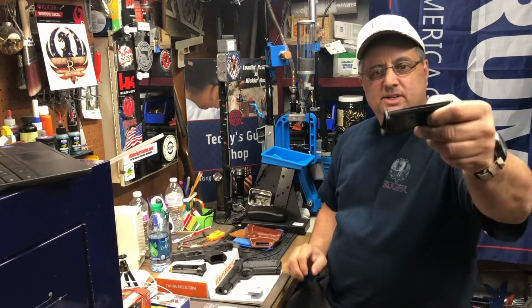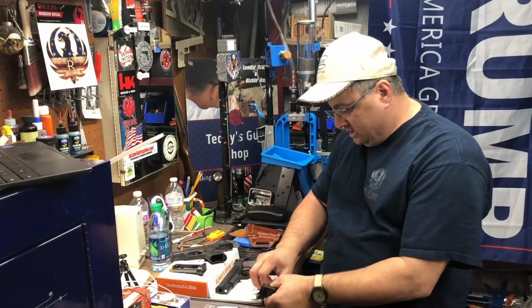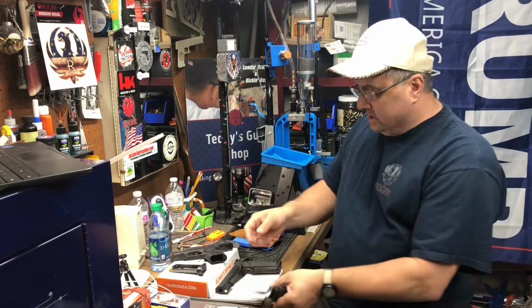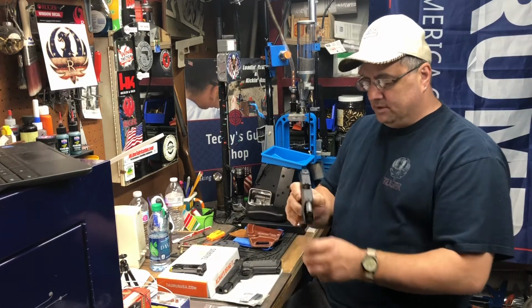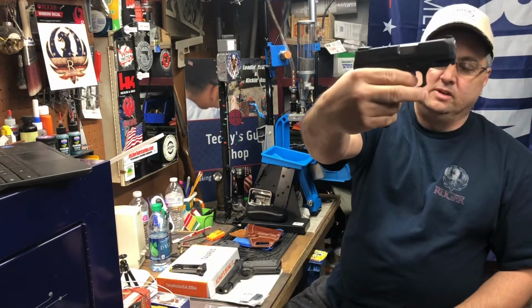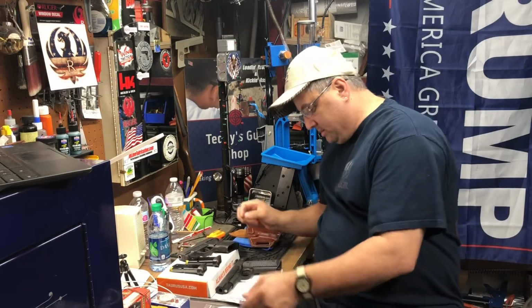These are not the base plates that came with this gun. The base plates that came with it are just a flat one where you can't even get your pinky around it. Obviously the gun's empty, but now I can get my pinky around it. Before we get into the video, I'm going to tell you,